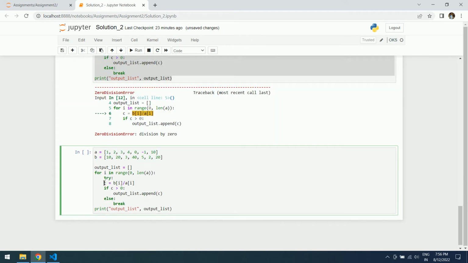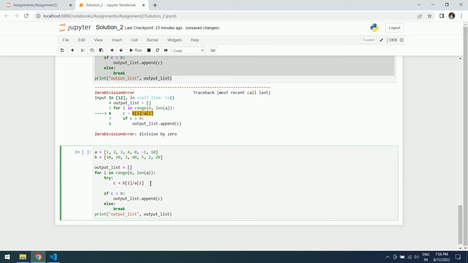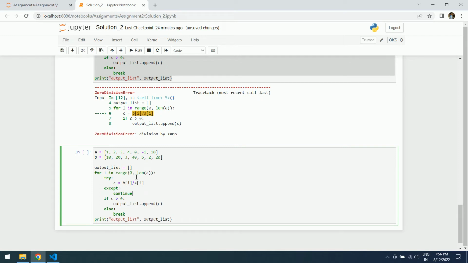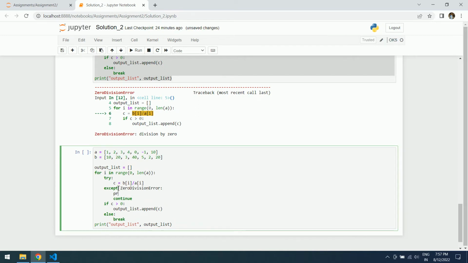This is the line of code where we will be getting the zero division. So let me take that inside try, and then outside of that put except, and we can do continue. It means it would skip that particular iteration, and when there is an error it would skip. But I would like to only skip if it is a ZeroDivisionError. So for that you can put except ZeroDivisionError, and then you can also put a notification like print